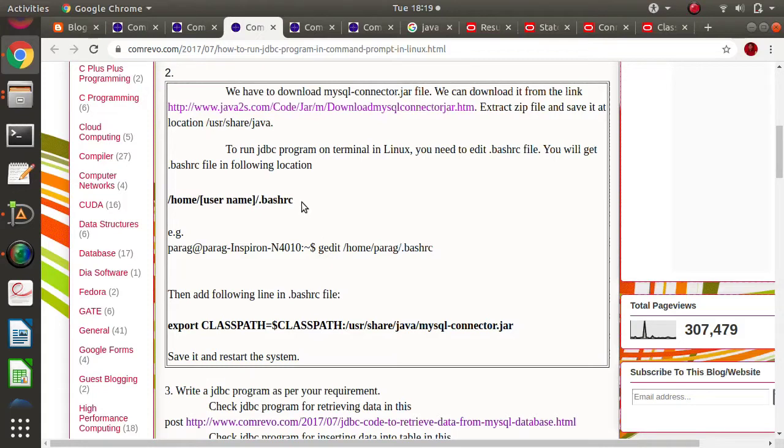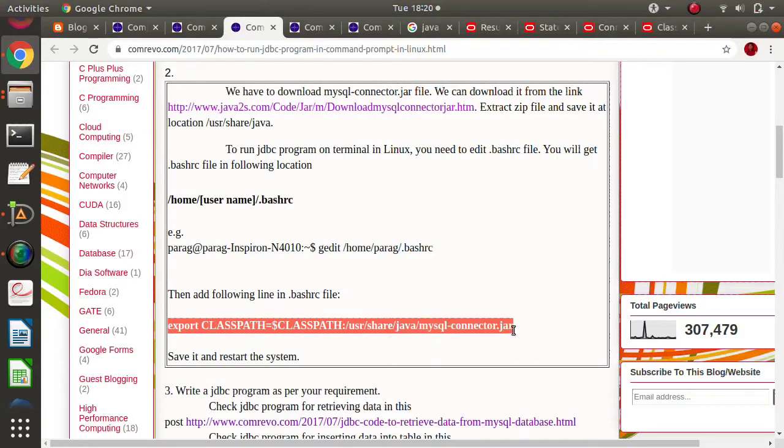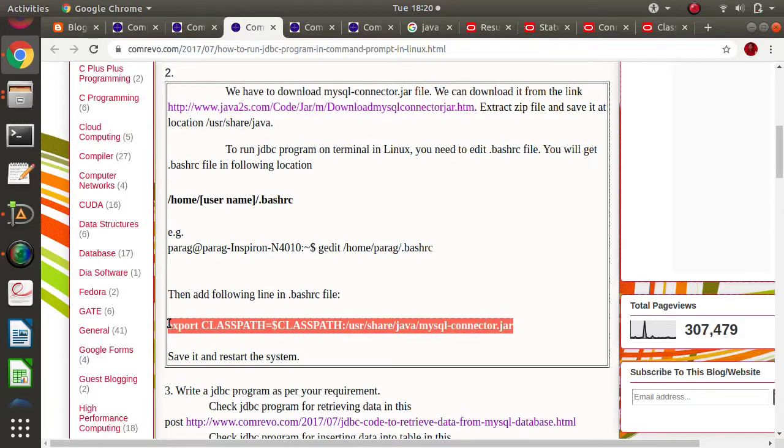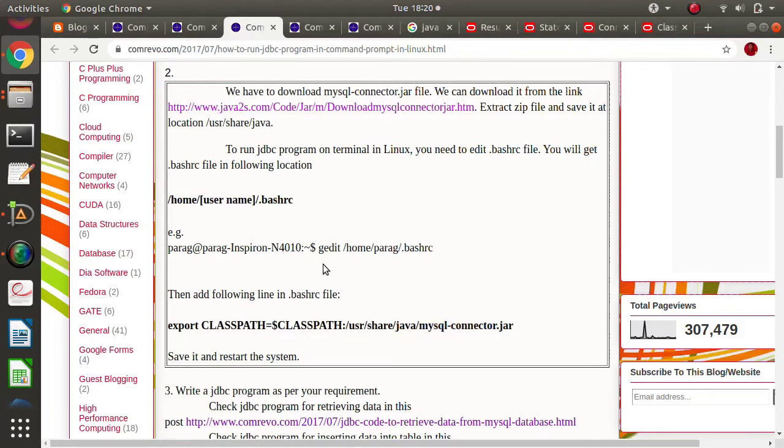Then we need to edit the .bashrc file using any editor, gedit or vi. We need to add this line in the .bashrc file. You can add it anywhere, but the best way is to add it at the end. After that you have to restart the system. After doing that, you can run any JDBC program from the terminal.